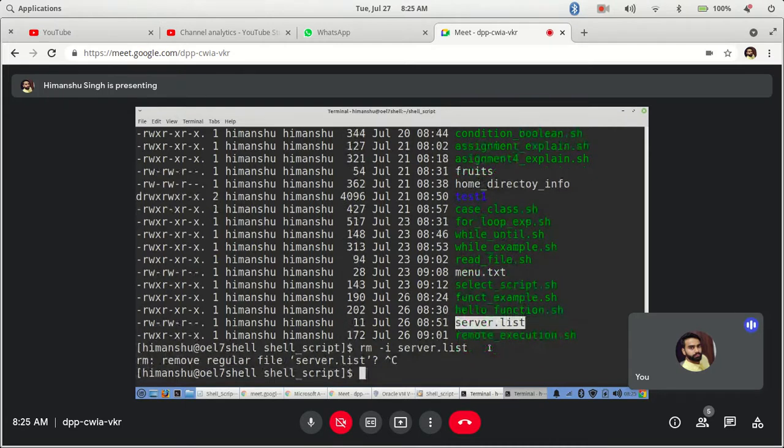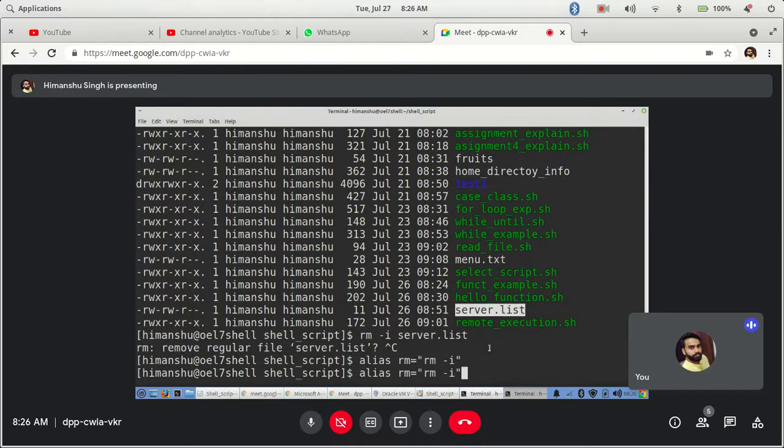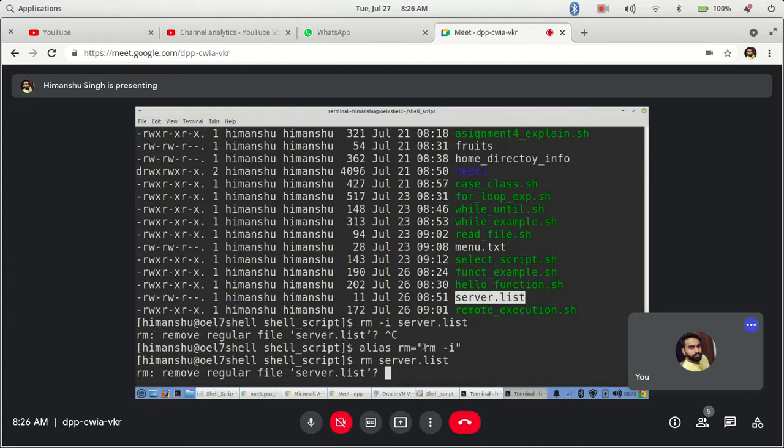In real time we normally create alias rm, but define it as rm -i. So in case I just do rm server list, it will still ask me, because rm is pointing to rm -i, which is interactive, and it will ask you for confirmation.